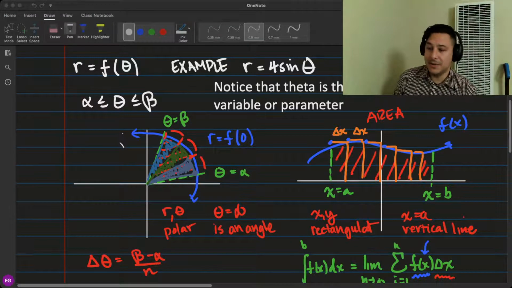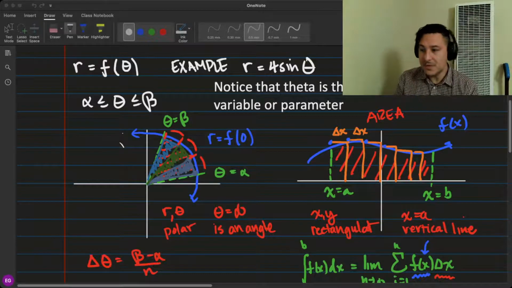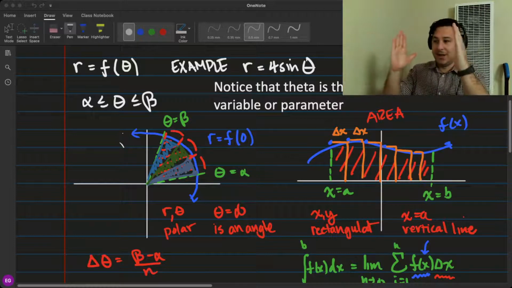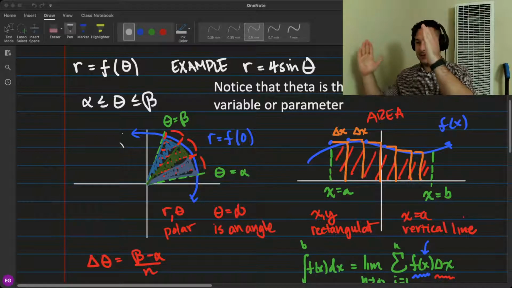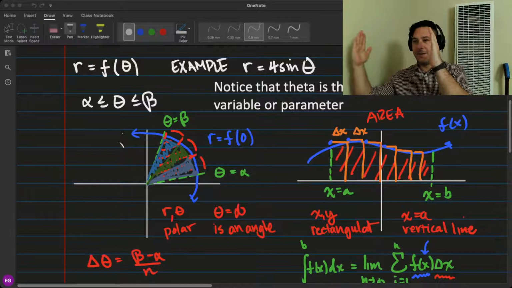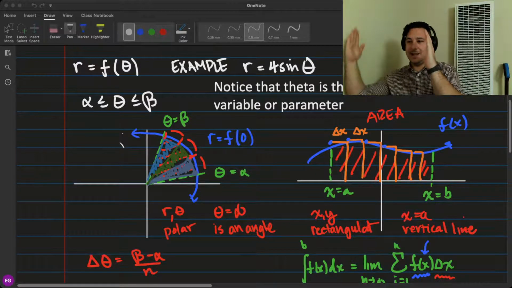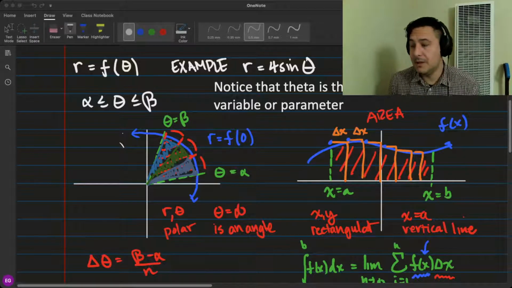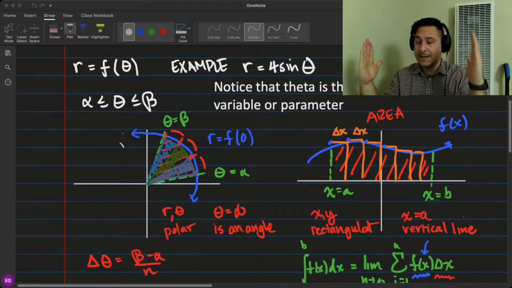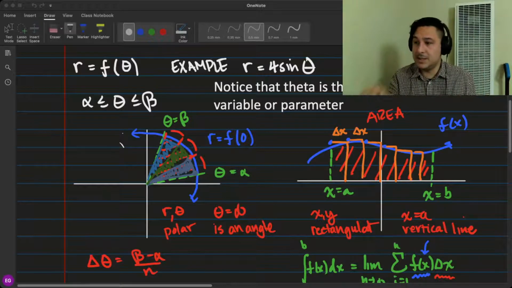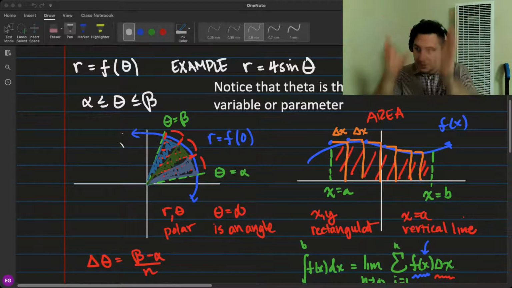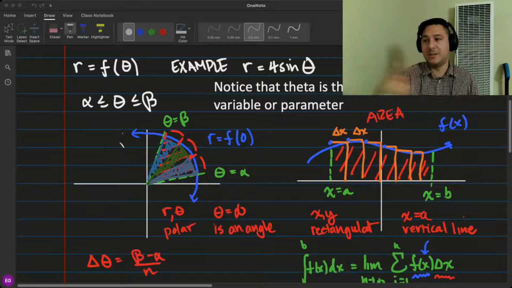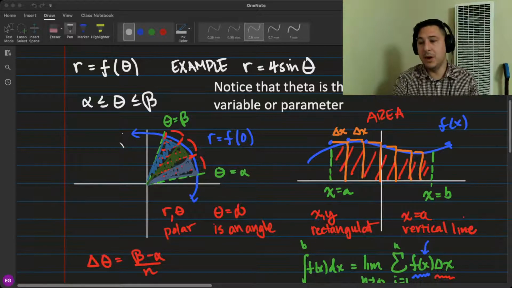So notice when we're doing a limit, we're going to integrate from A to B, right? You can see it, it's right beneath me. The A is here, and then the B is right below this hand. You integrate from A to B. So your bounds, those are vertical lines, and you use those vertical lines to make rectangles parallel to them to estimate the area. But that's different than the polar case,